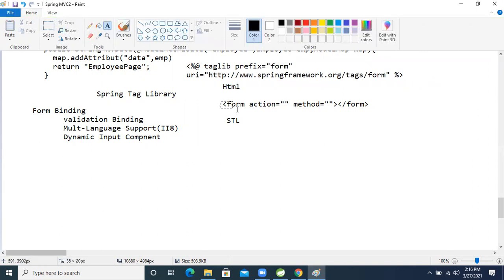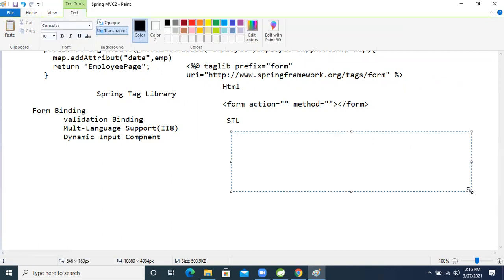So this is the same code, in HTML. But whenever we are writing using STL, the Spring Form Tag Library, how do we write that? Let's see. What is the prefix here? Form. Using this prefix we write that, because all the tags are related to the Spring tag library at this URL. After importing that, all tags will be available in our JSP page. So for that, what prefix did we take? We took form, the same like form colon.